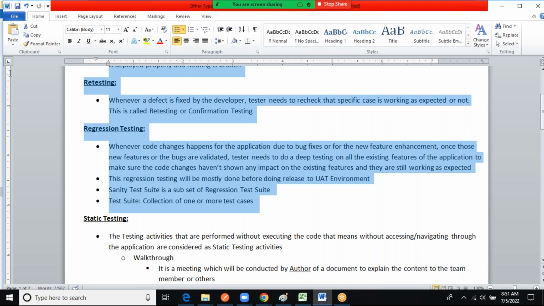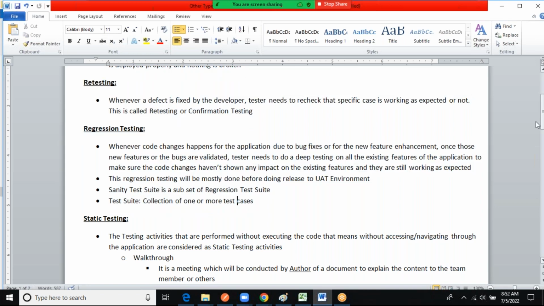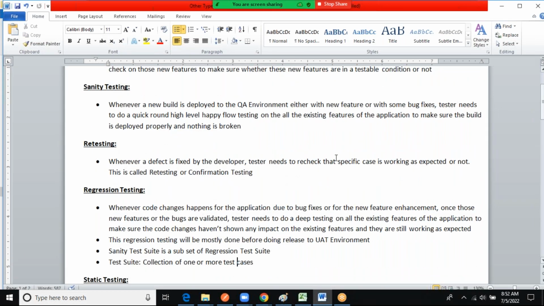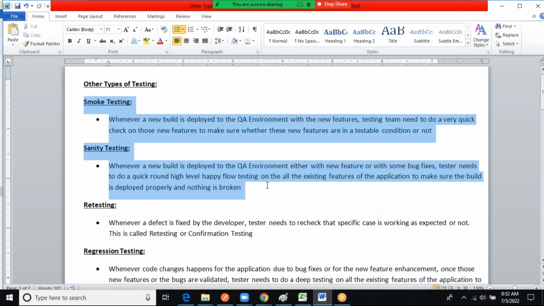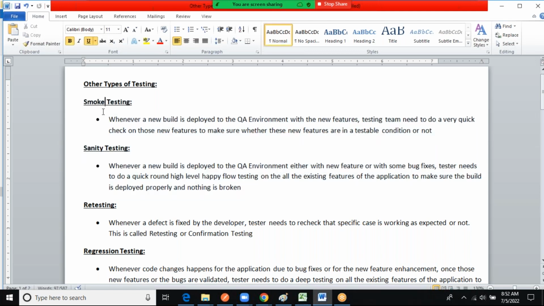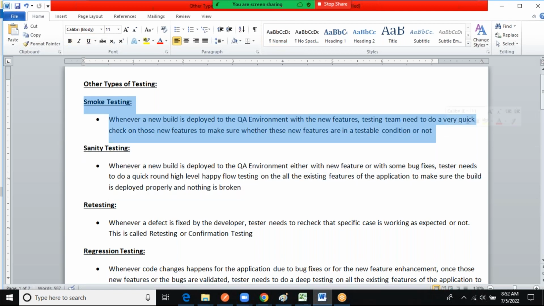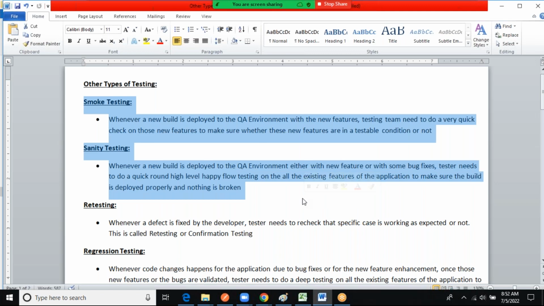Clear, all of you? It's an important interview question. What is the difference between smoke and sanity? They will ask. These two are done whenever a new build is deployed to the QA environment,